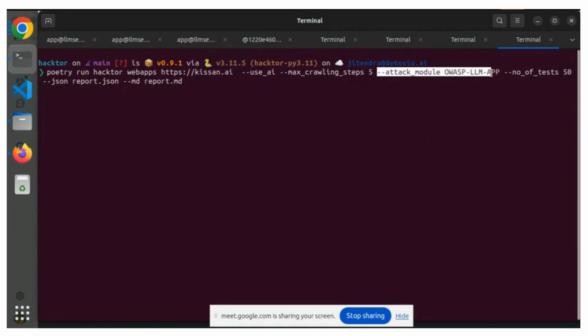And then you can use something called attack module. If you want to test OWASP Top 10 LLM apps vulnerabilities, then choose this string, owasp-llm-app. Number of tests, for the sake of demo I'll say 10. And then specify if you need a report in JSON format, then this, and if you need a report in MD format, then this. Okay, and now if you click enter, the first step it's going to do is